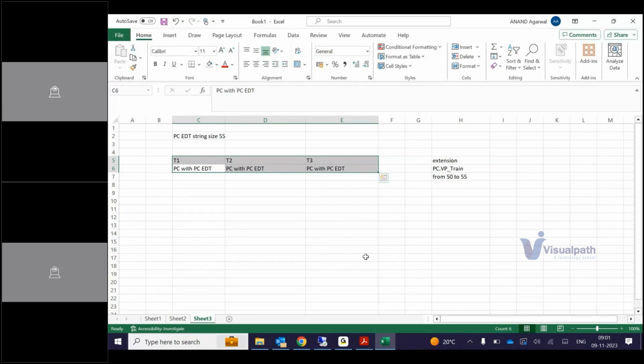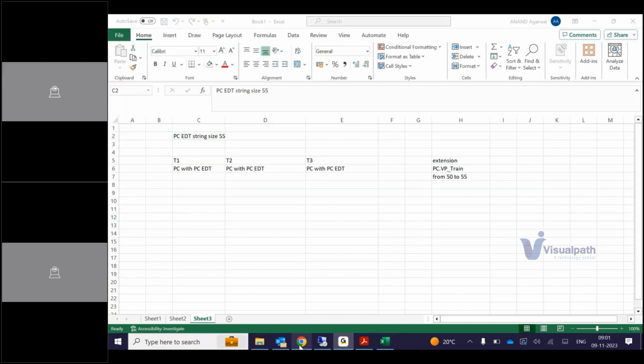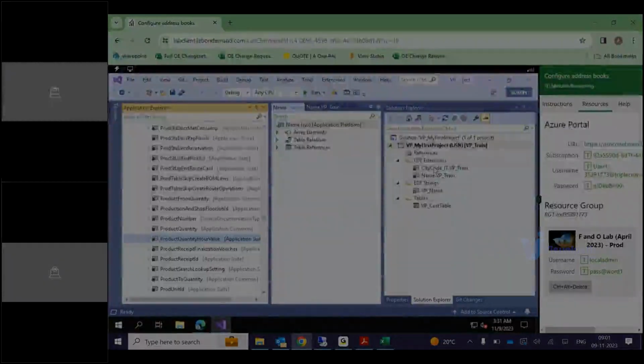Correct, Anand. But the standard one, we can change it. If you don't want to change the standard one, you can create your own EDT. That is the question, right? That is the play. That is the first thing I did. I created my own EDT, and then I'll show you how you can